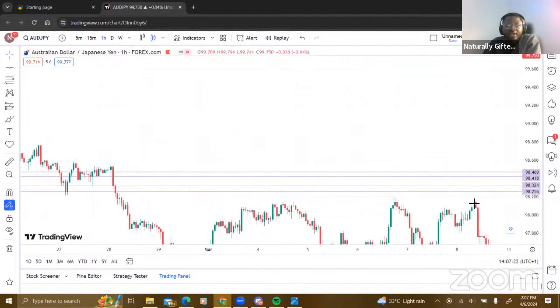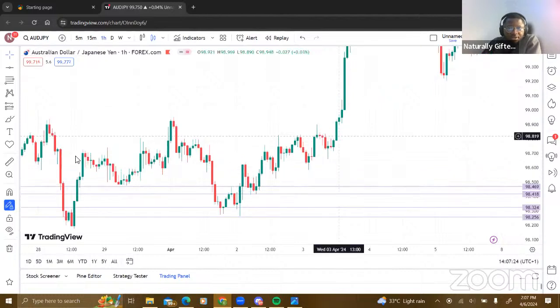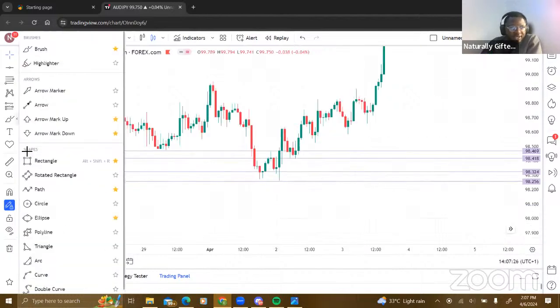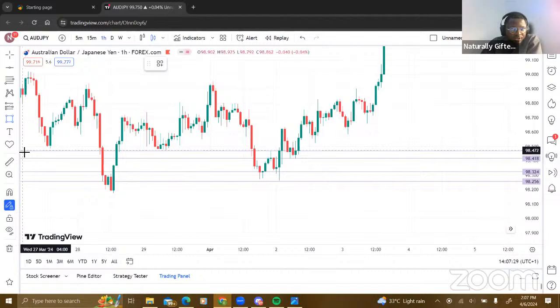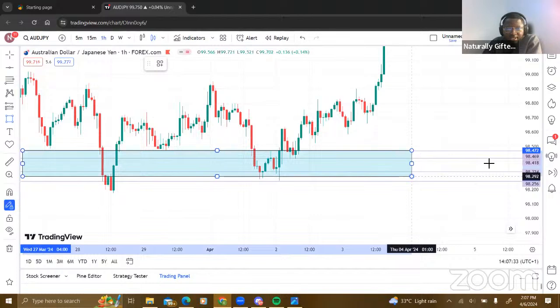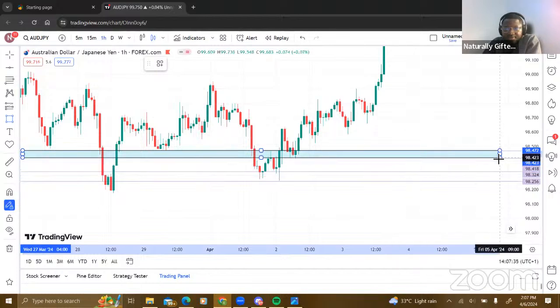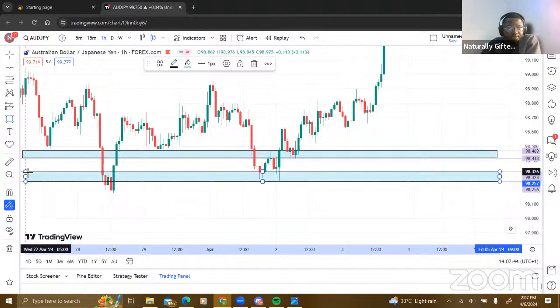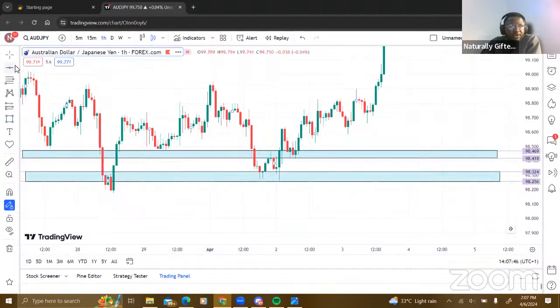So whether you want to take this zone, I'm going to show you two different things here. We are taking this zone here as your reversal zone. Right here like this. Find a break here, like this, switch to 15 minutes.